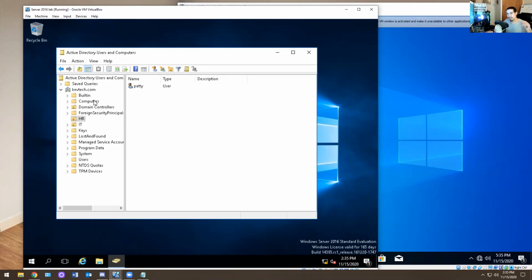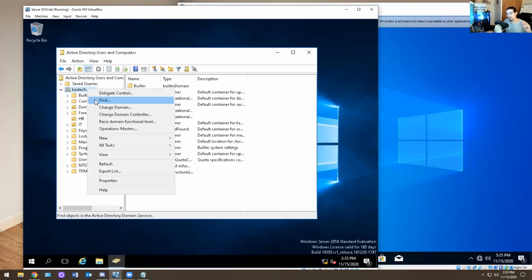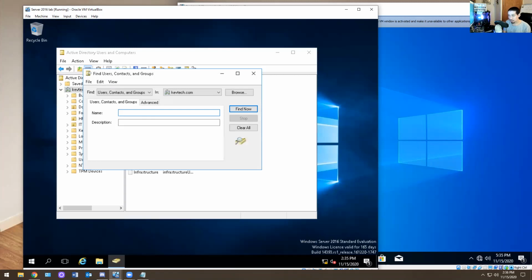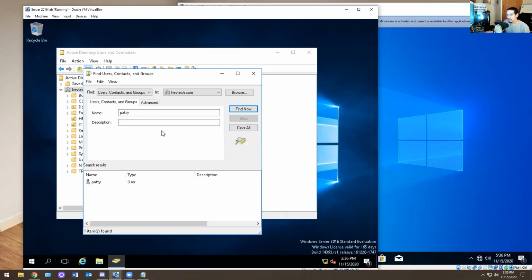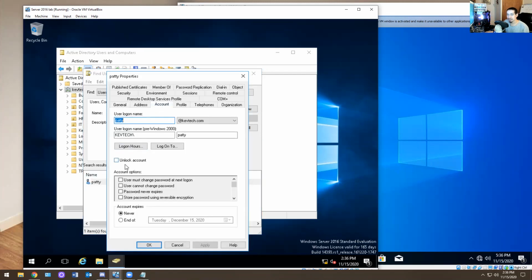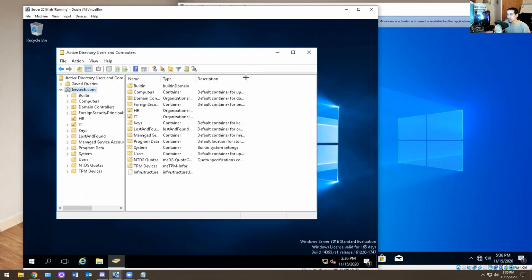So the main thing about this is going into your domain controller, searching for Patty, and you search by the entire directory. You double click on the user, you hit Account, and you hit Unlock Account. So that's common issue number 1. And then the other issue is going to be, you're about to see other issues. I'm gonna create a bunch of issues that you've never seen in your life before. So the next one is,